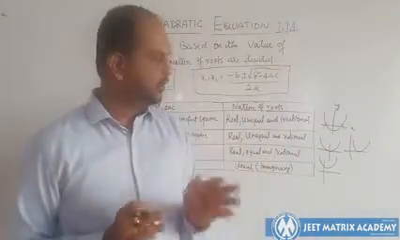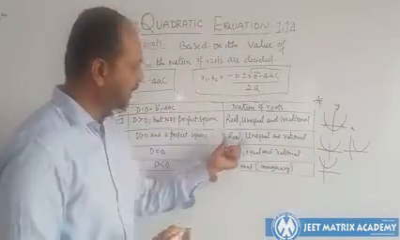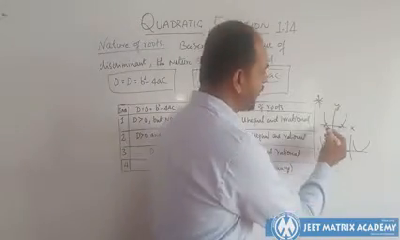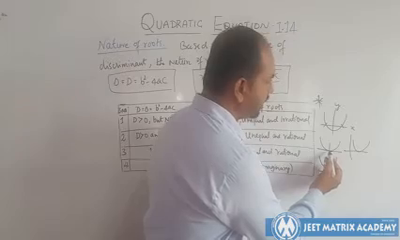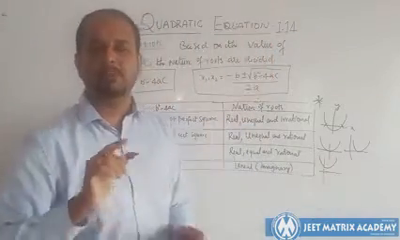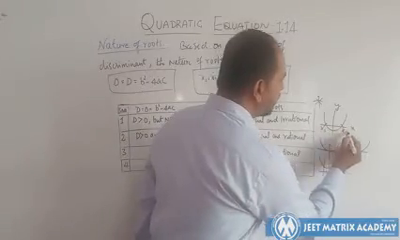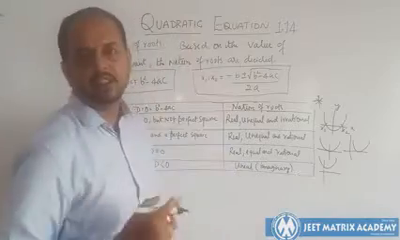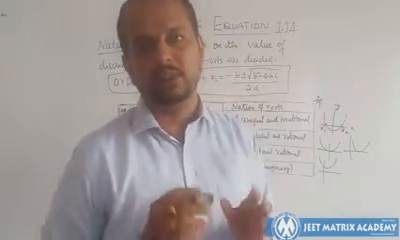These are the 3 identifications you should remember, very important, along with the nature of the roots. In the first 2 cases it will touch the x-axis at 2 points. In the third case it will touch at any one point, which means both the roots are equal. Here are 2 roots, this is x1, this is x2. In the case of the fourth, if the discriminant is less than 0,